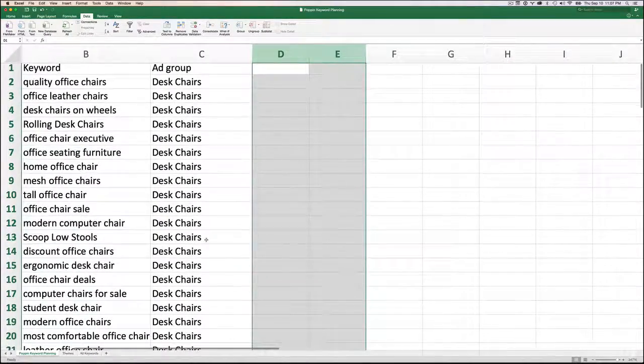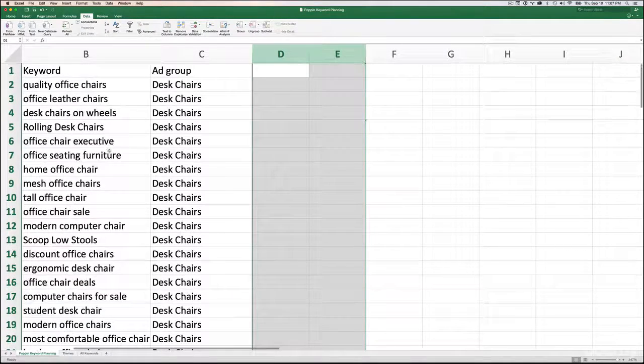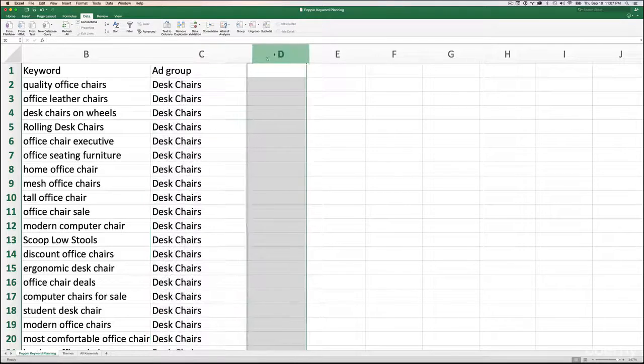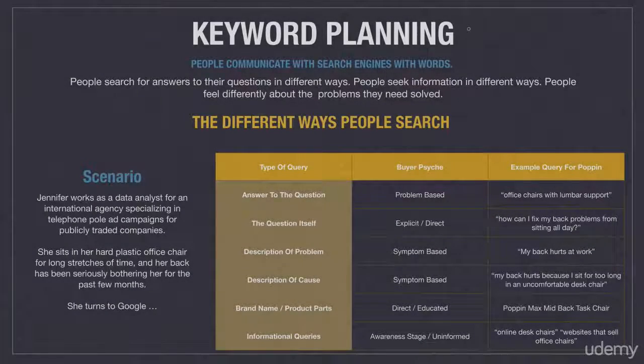Okay, so here are all our keywords, and before we start talking about how we're going to organize it, it's important to jump into some keyword theory and understanding what the whole concept of keyword planning is and why we would do it. So let's go ahead and talk about that. Keyword planning, right? So what